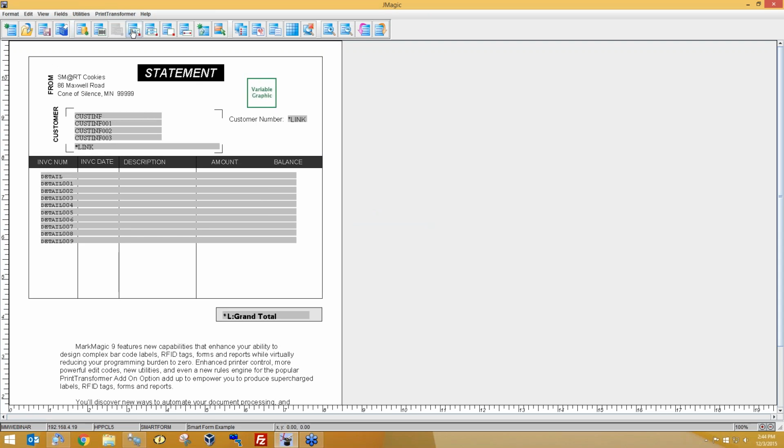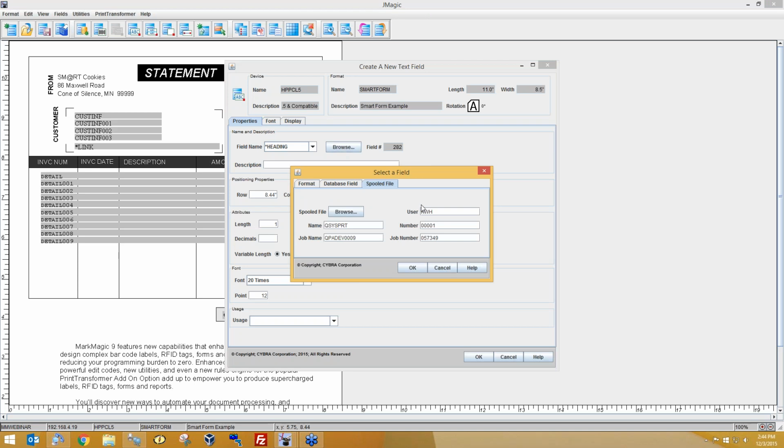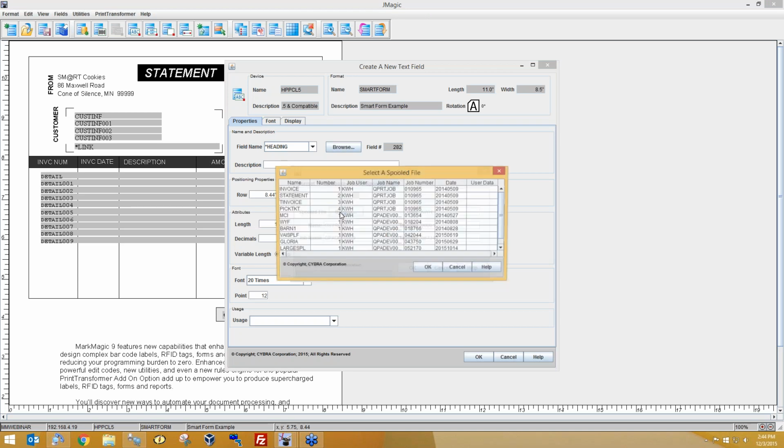Yeah. If you remember looking out there, there was a date field that I want to bring in. I created a new text field. I can click somewhere, use the browse button, and if I already knew my spool file's user and name, and spool file number, and all this information that you need to find a spool file on a server, you can fill all that in there. You could just browse out and find all your spool files that you've got on hold there under your name, pick it,